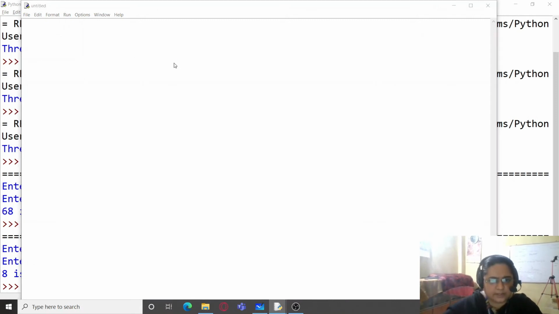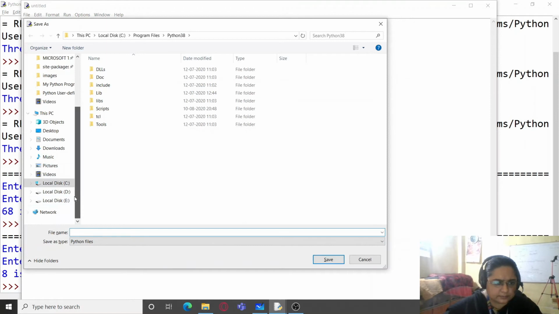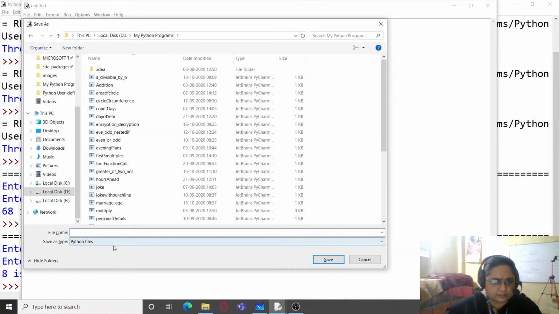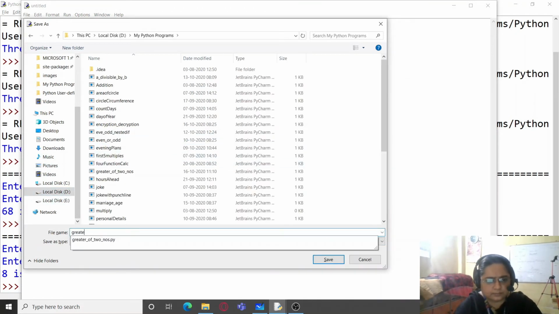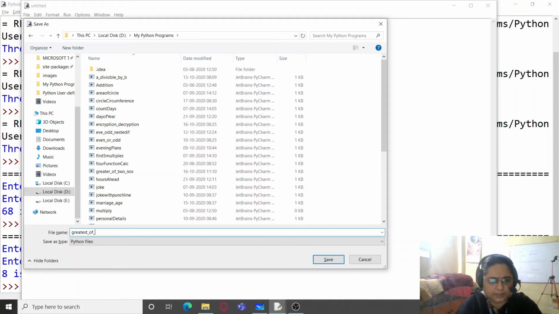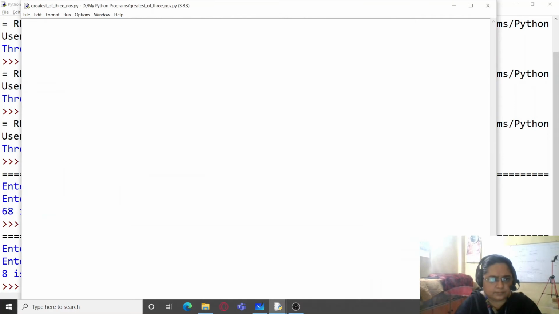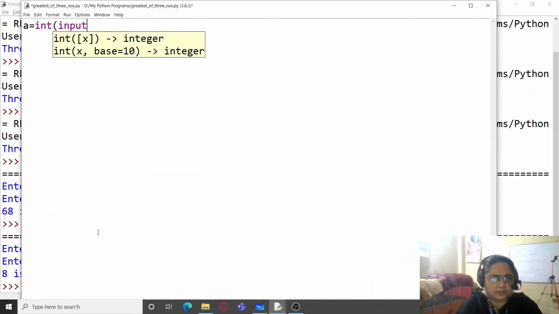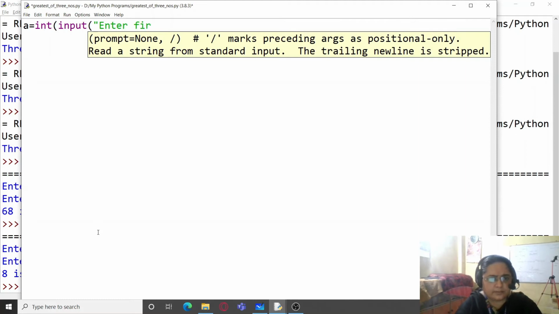So we will save this first: Greatest of three numbers. So now let us ask for the numbers from the user. Enter first number.